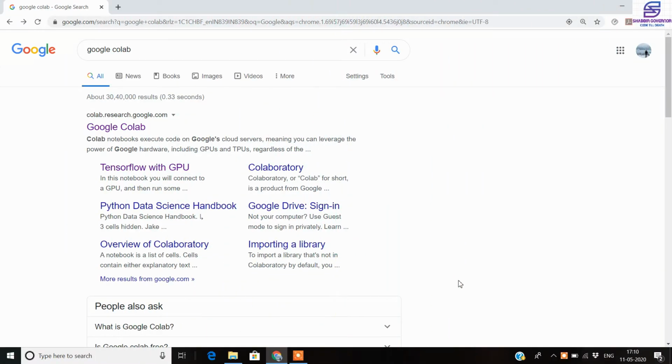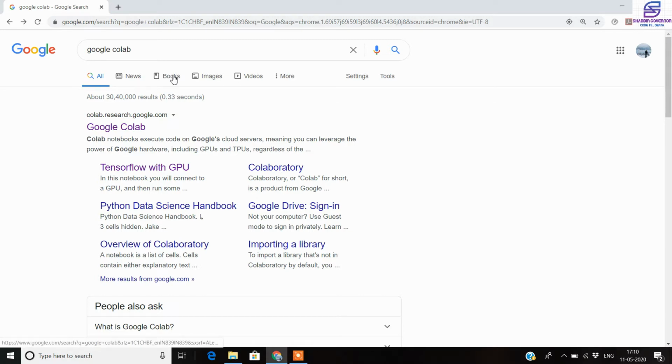Hello guys, welcome to this new video on Google Colab, and what we are actually going to see in this video is that I will introduce you to Google Colab and the advantages of using Google Colab over your local Jupyter notebooks, as well as we will see how you can connect the drive to your Google Colab and some basic stuff about Google Colab which is not found in your local Jupyter notebooks.